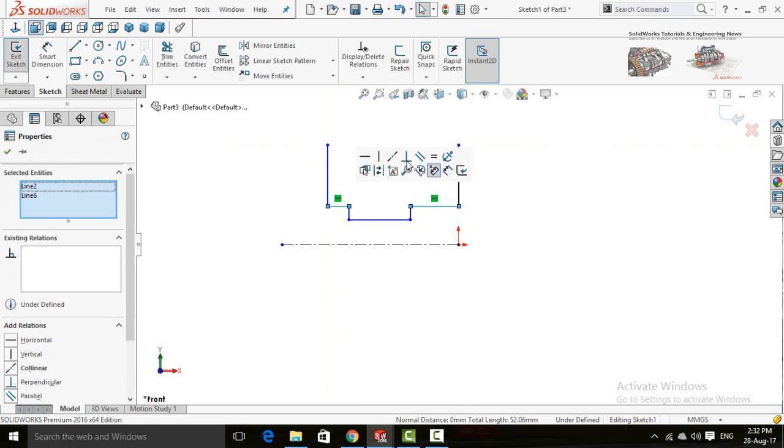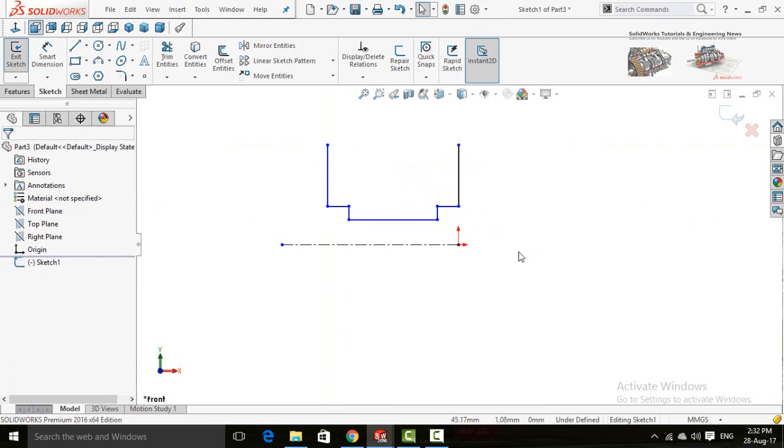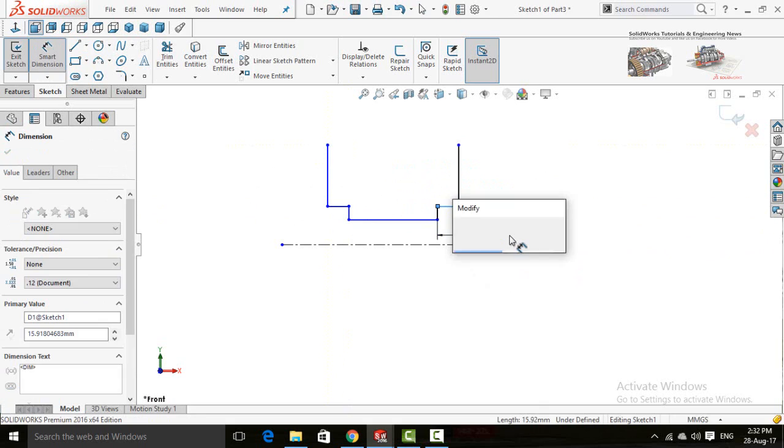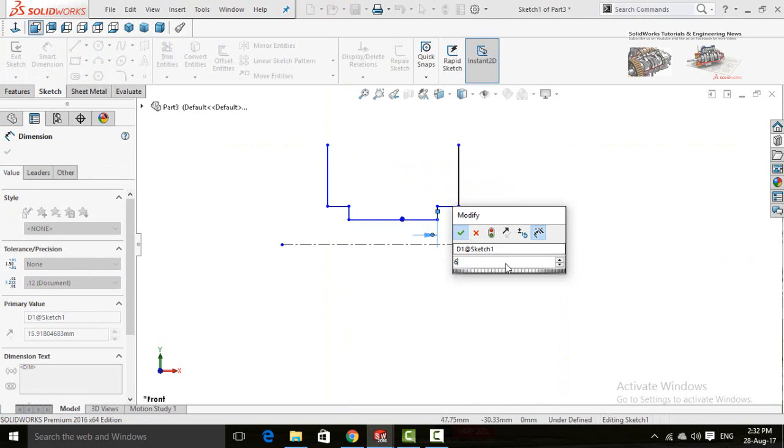Select both of these lines and make relation equal. Define them 6 millimeters.